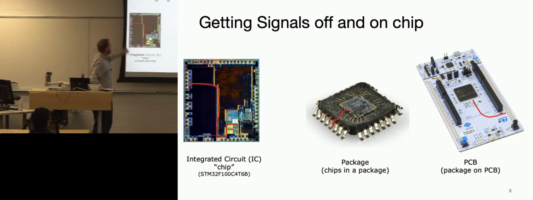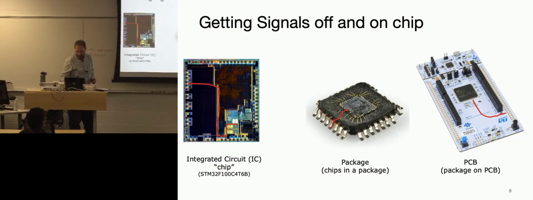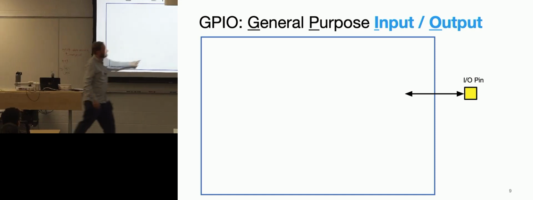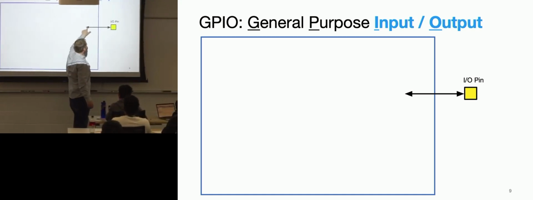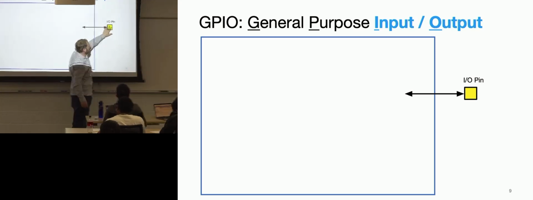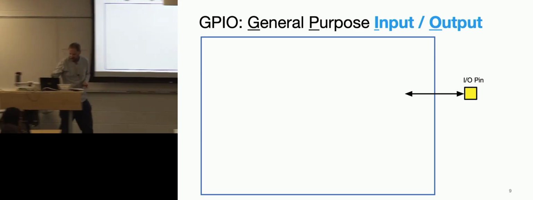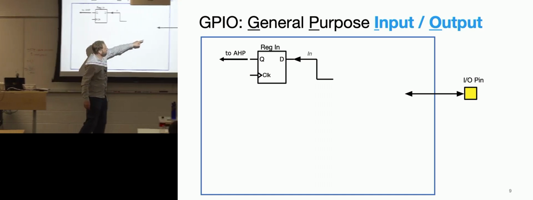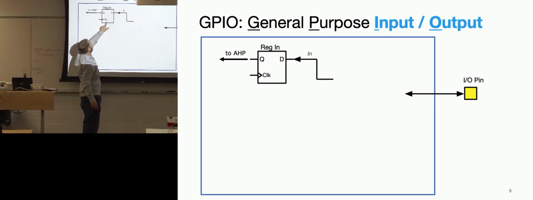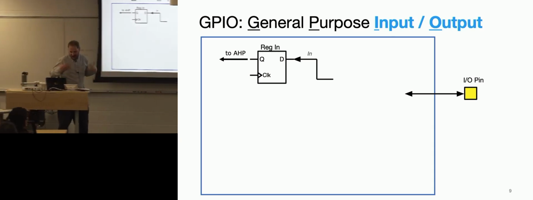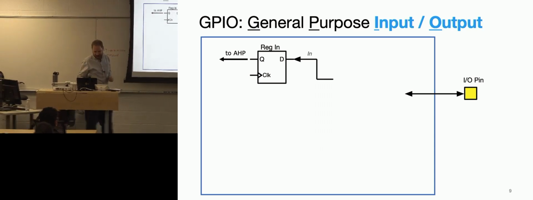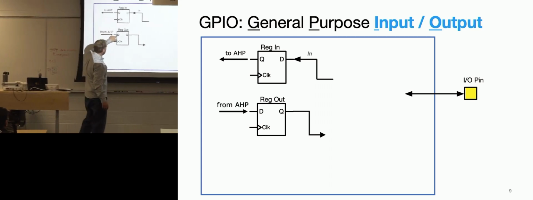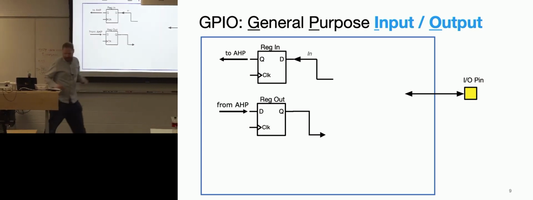Now let's just talk about one of these GPIO pins here. Okay? So here we have a general purpose input-output. Here's the example, that pin crossing from silicon onto your PCB, right? So what's connected to it? Well, you have an input register. So data can come in from that pin and be held in the D flip-flop to the, in our case for this chip, high performance bus, but it doesn't really matter for the purpose of this class. You can take data in to this bit and it can go out and be put out on that pin,